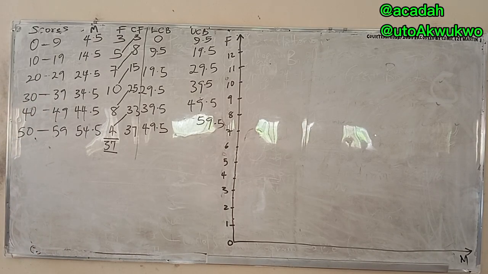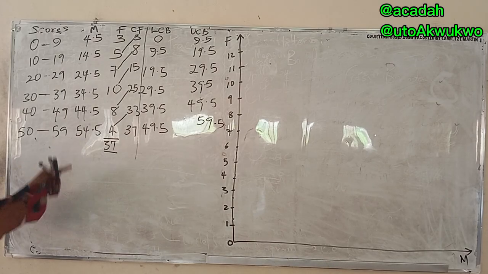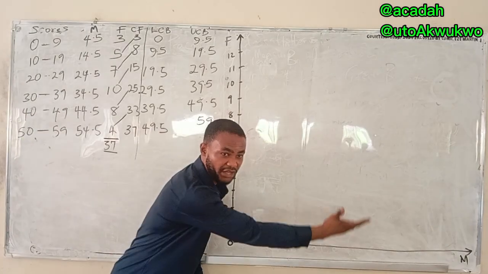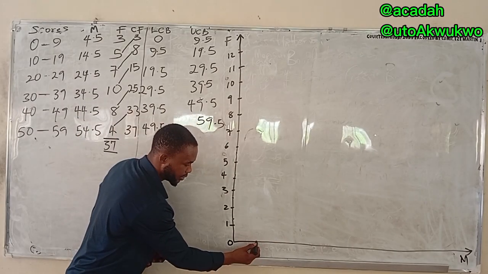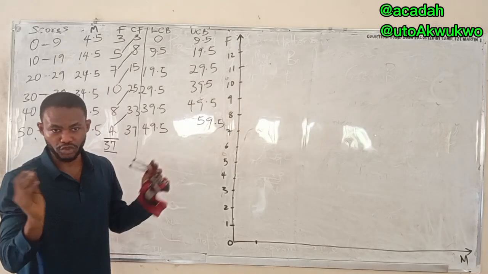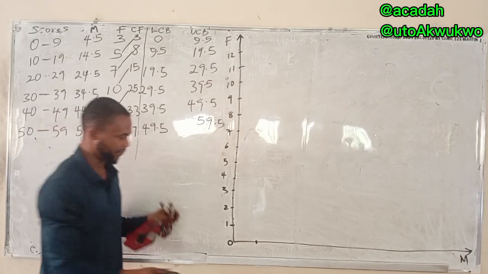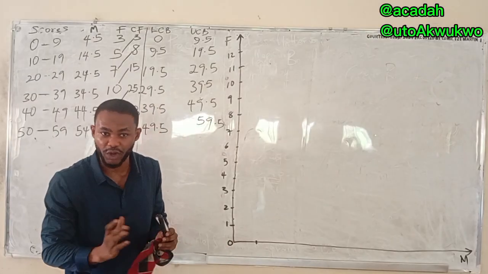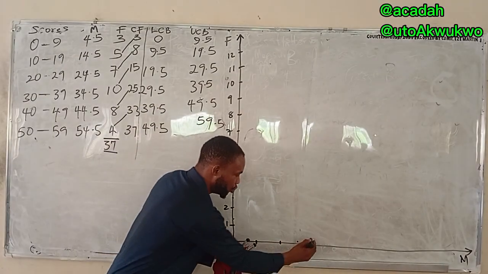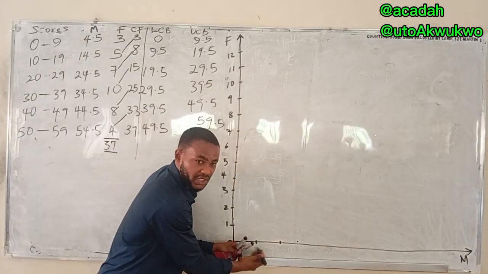We always have frequency there. Now, on the horizontal axis, you are going to put the class mark. But how you do this is, first of all, making sure that there is room for space. And please mind you that the measurement you put here, you are the one choosing it. So let's say I mark out 2 centimeters. It's up to you to make any measurement of your choice. Now, if I mark out these 2, before I mark out another 2, assuming it's a histogram I want to draw, I'll just be marking out 2, 2, with no gap. I won't give any space.